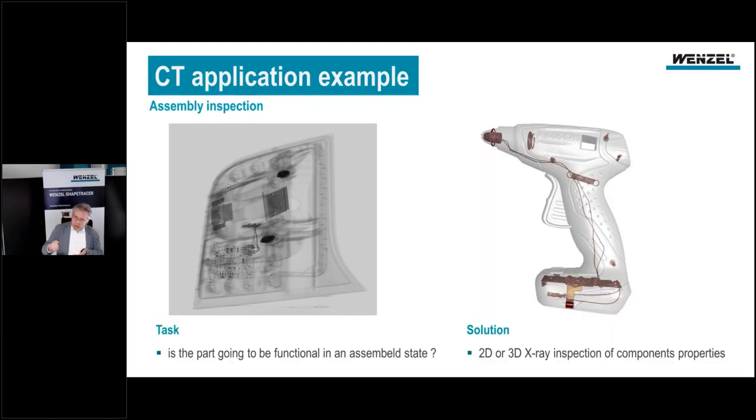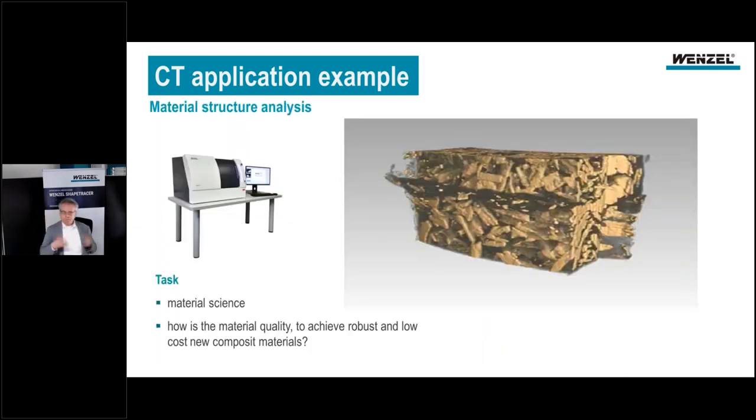So if this is not enough, we can begin with a CT scan with the 360 degrees rotation. And then we come to our 3D volume data. Therefore, we can go deep into the part and can also perform metrological applications. So that's the first thing, the assembly inspection. So furthermore,